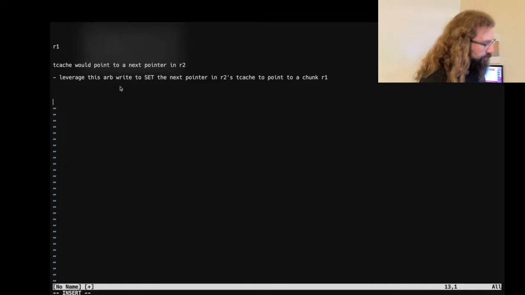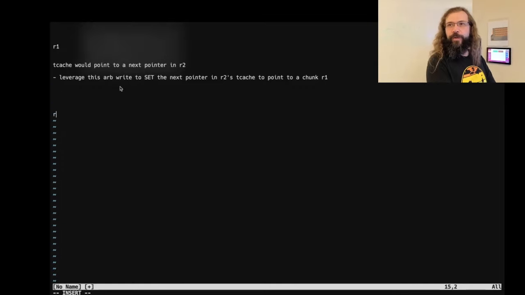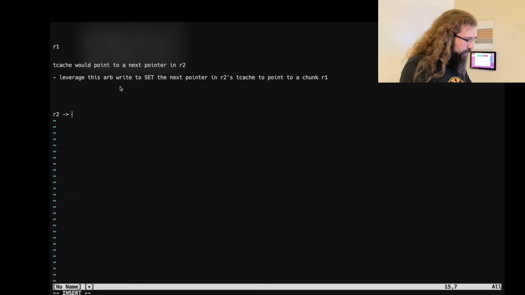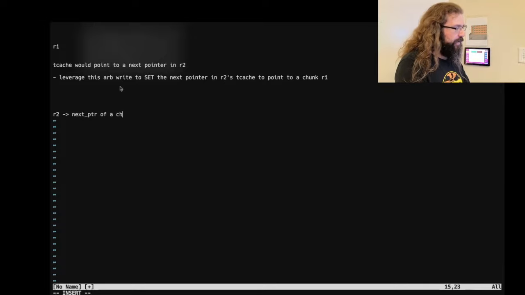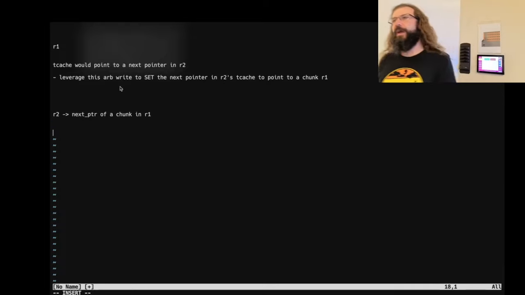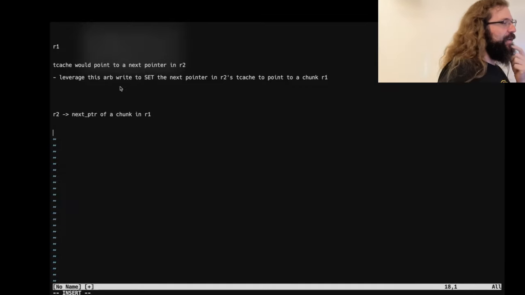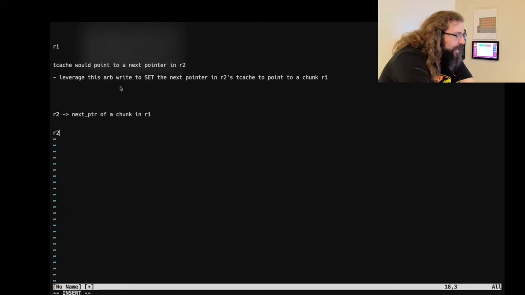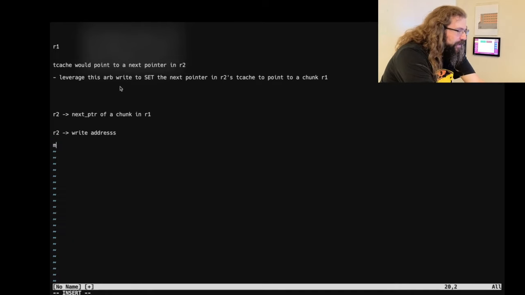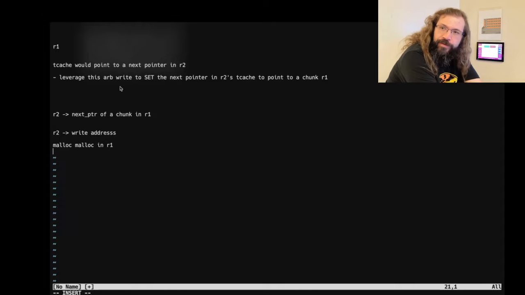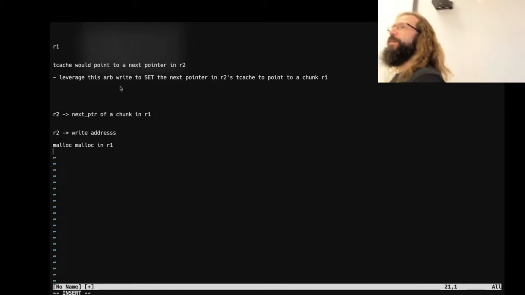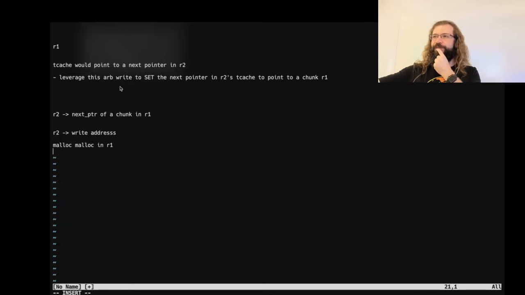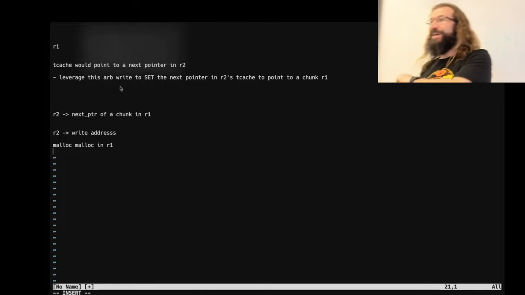And so what I end up with is a scenario where R2 is perpetually pointing to a chunk. R2 is always pointing to the next pointer of a chunk in R1. So I could malloc and I could write this. And what the loop would become is leverage R2 to write the address I want. And then I'd malloc in R1, at which point I now have a chunk that is the address I defined when I wrote to R2, which is pointing at the next pointer of R1. I may have to do some mangling for safe linking, but I'm pretty sure you could do this,